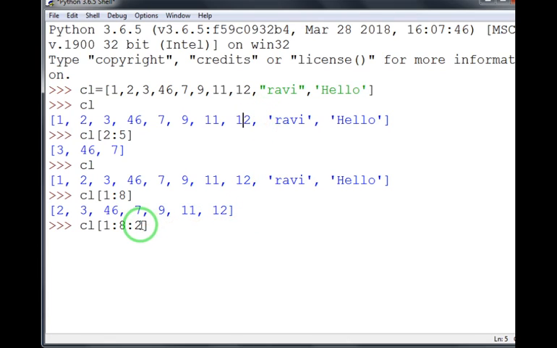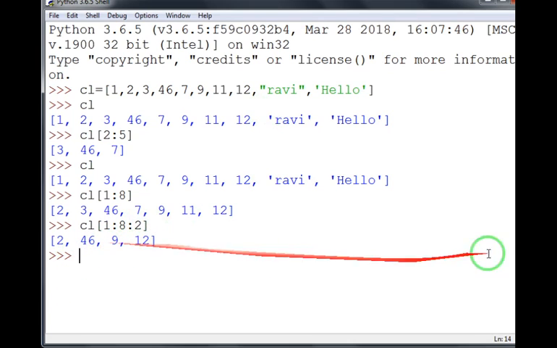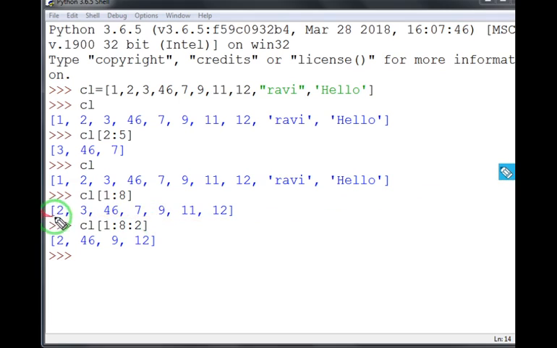If I write 2 over here, you can see the output. Now the output is 2, 4, 6, 9, 12. Earlier the output was 2, 3, 4, 6, 7, 9, 11 and 12. Since I have written step 2, first it will display 2, then it will skip one value and display the next one, then jump again, skipping 1 each time.